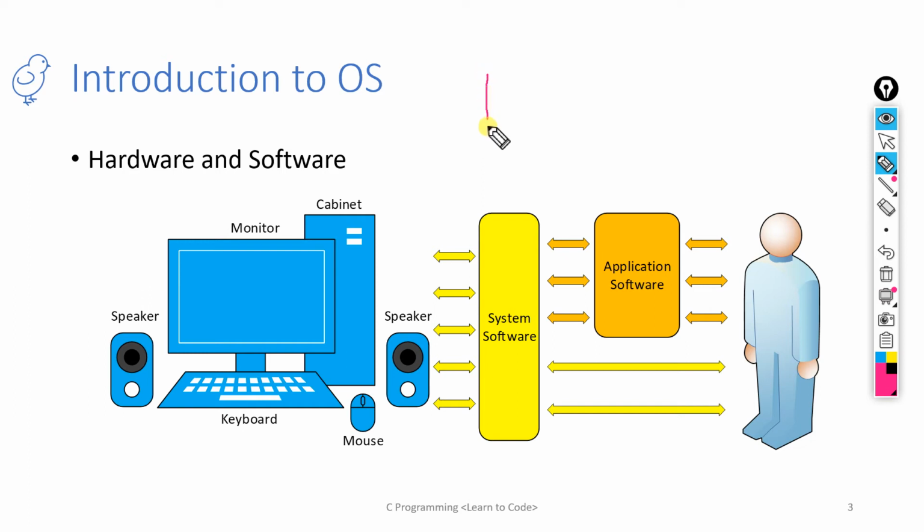Suppose you bought a mobile phone from the market, and you know that your mobile phone will be installed with the Android operating system. When you bought this phone with the Android operating system, there were some applications already present in your mobile, like your browser application, your keyboard application, or your lock button application. Those applications were already pre-built into your mobile system.